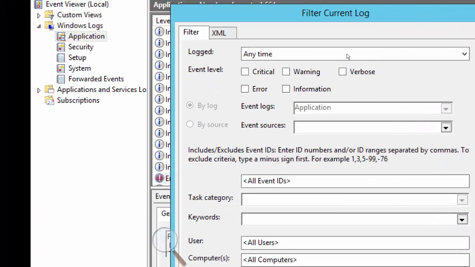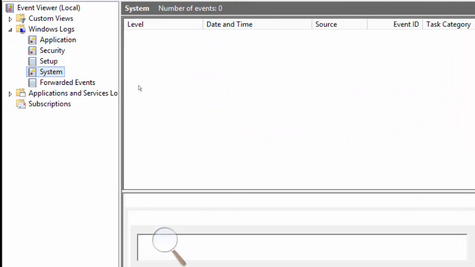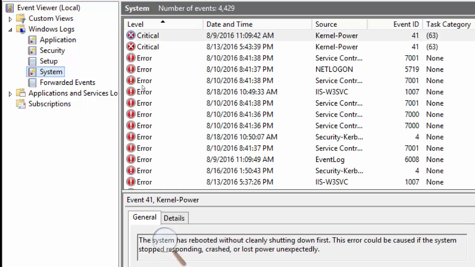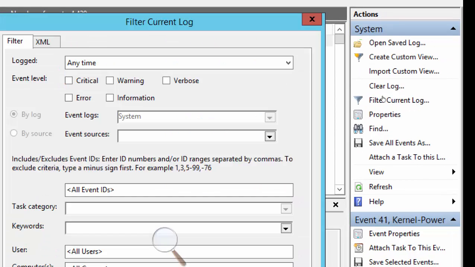So again, guys, I'm on application. Let's just go for system again. System logs, everyone, and now use the filter feature. So let's go to system and click filter current log. Everyone there? Yeah. So when you go to filter,